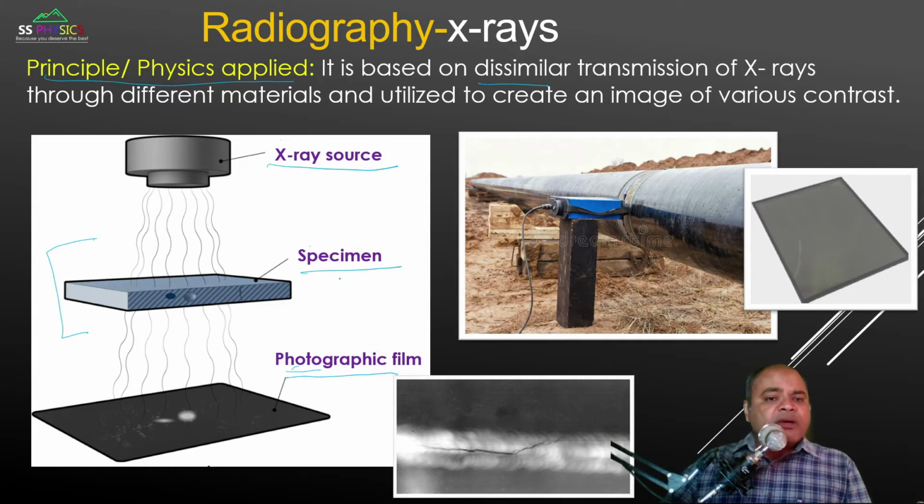So when X-rays pass through this sample, they penetrate through the sample like this, and they reach the photographic plate and make some impression here. And if there is some flaw, which is shown here, in this location of that sample or specimen, let's say a cavity or some crack, then at that particular location the X-rays will penetrate in more concentration, or they will easily penetrate through this compared to the difficult penetration through the sample